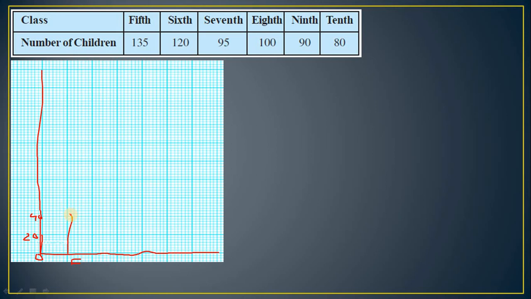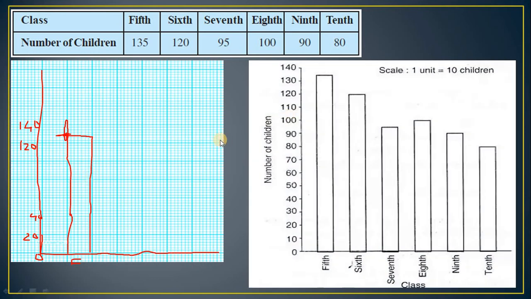As it is the fifth one, its value is 135. So according to that you have to plot that. Suppose I am assuming this is 40, so here it will be 60, 80, here it is 100, here it is 120, and the next value will be 140. So what is the height of that bar? It is 135. So that point will be here. So it will be drawn like that. This concept we will use while drawing. So finally your graph will be like that.